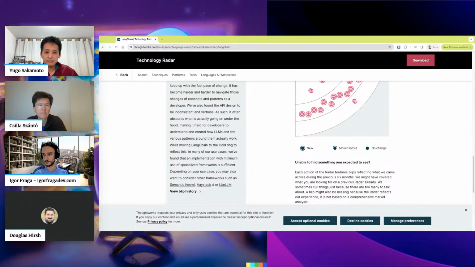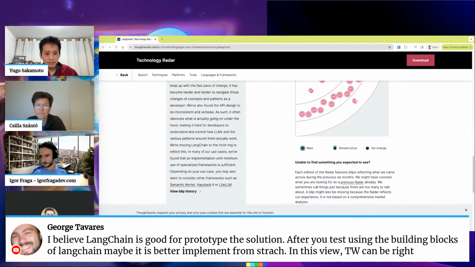We also have a comment here from George about LangChain. I believe LangChain is good for prototyping the solution. After you test using the building blocks of LangChain, maybe it's better to implement from scratch. In this view, the trustworthiness can be of course. Right, yeah, I agree.